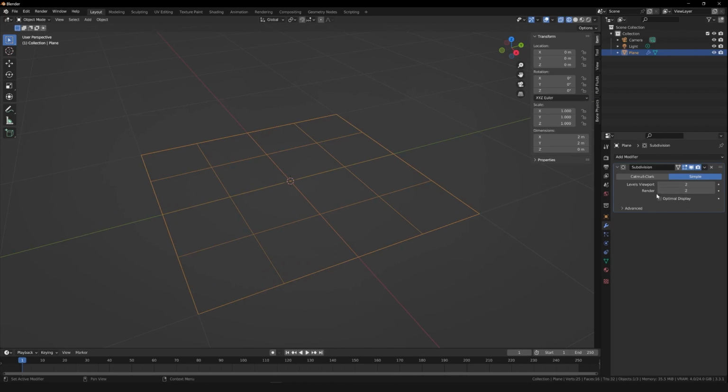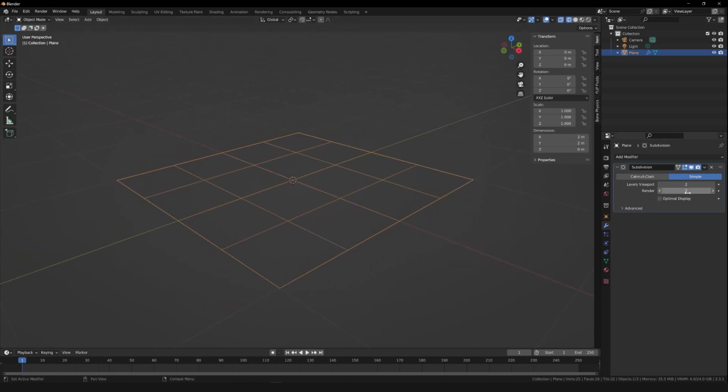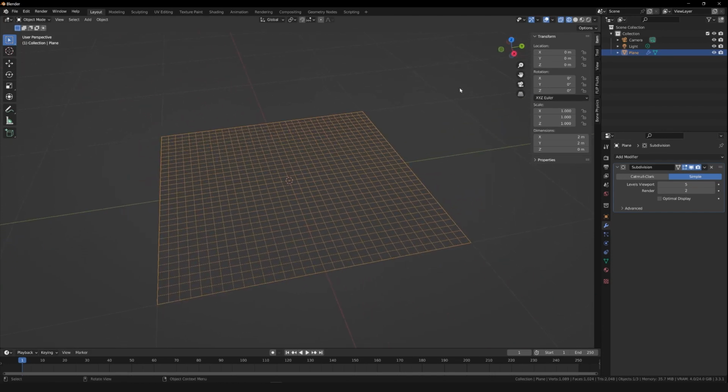The render levels will be what is applied during the rendering, and the viewport is applied in what we are seeing. So if we want to work with a lower resolution in the viewport to speed the computing up, that's fine. And then in the rendering we can have a higher density. Right now I'm just going to look at the levels in the viewport, and then we can look at the render levels after. So I'm going to add 5 levels of subdivision to this to get a lot of density